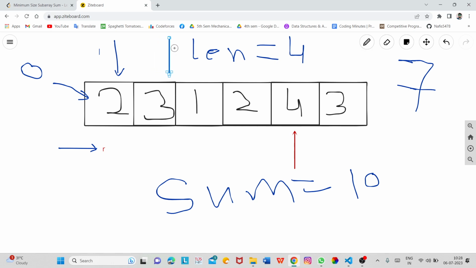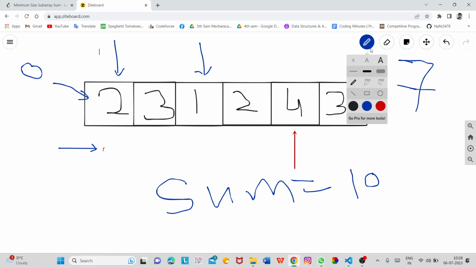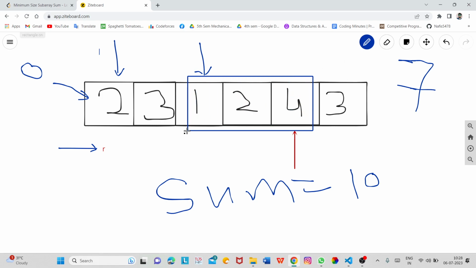Our l will be at second index. Okay, so you can see that the sum corresponding to this subarray is also 7.